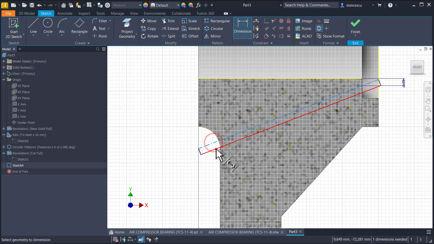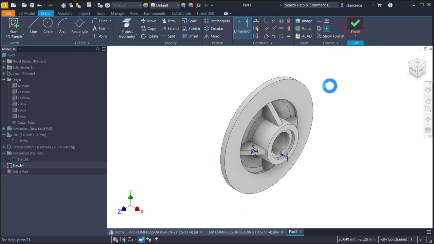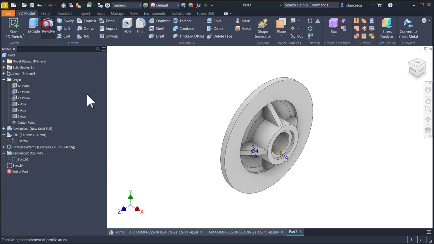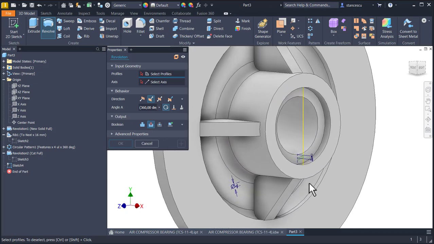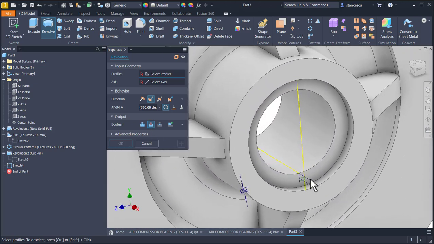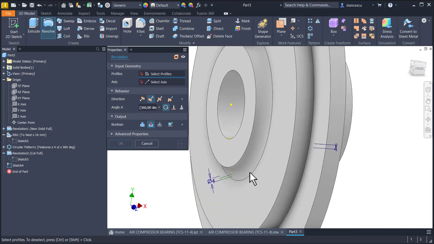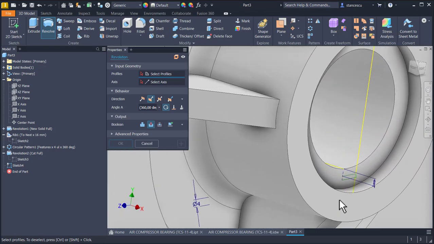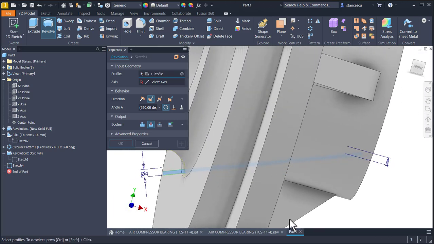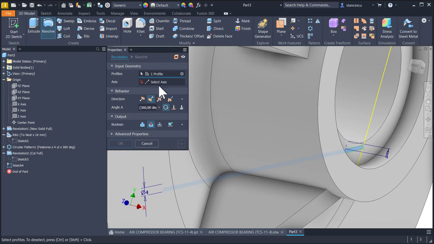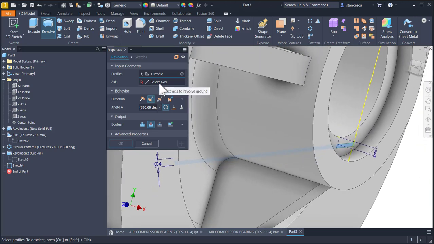Dimension is 4. Again, finish sketch, revolve with cut. You see we have an interruption somewhere, so I have to select this closed area and the axis is already known. Okay,